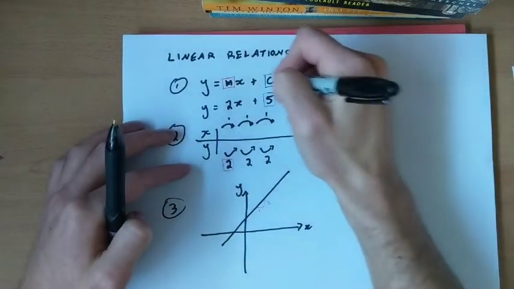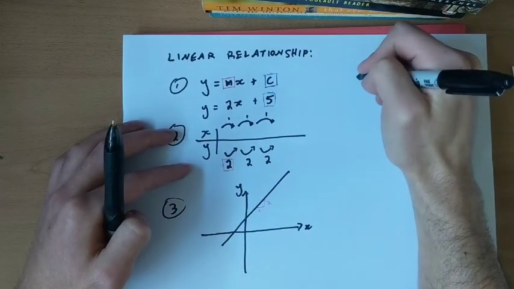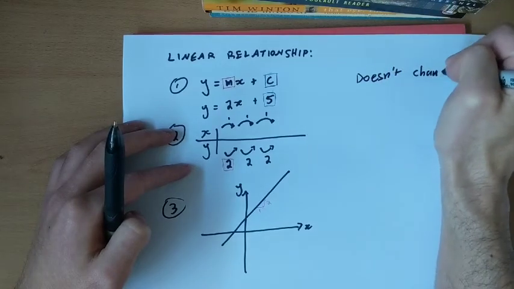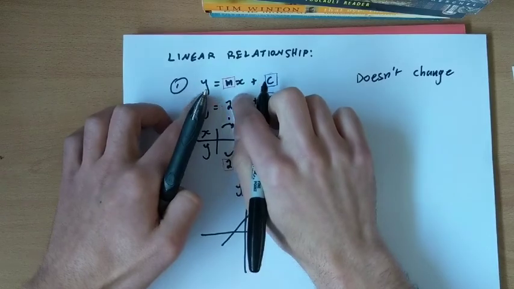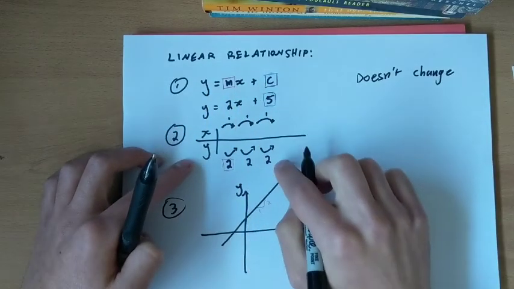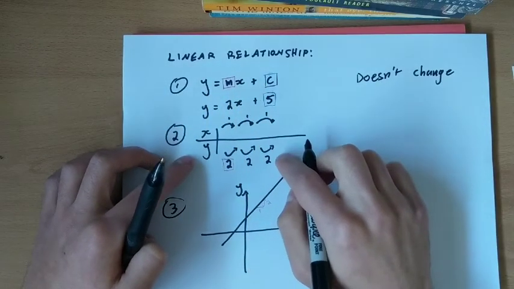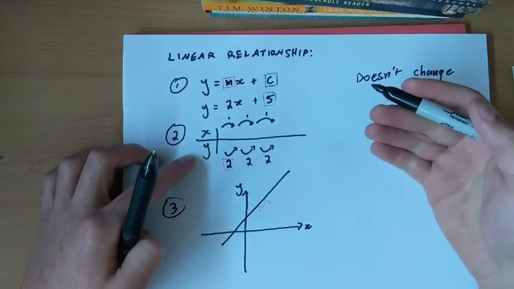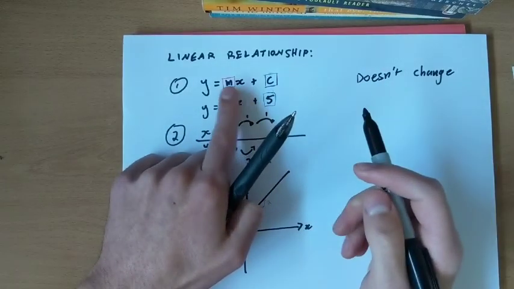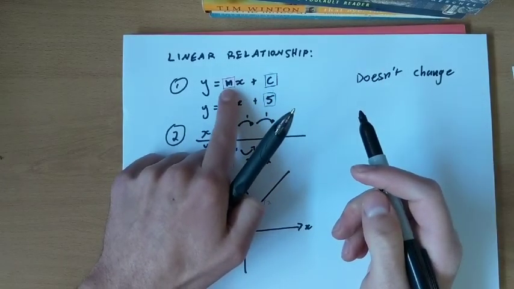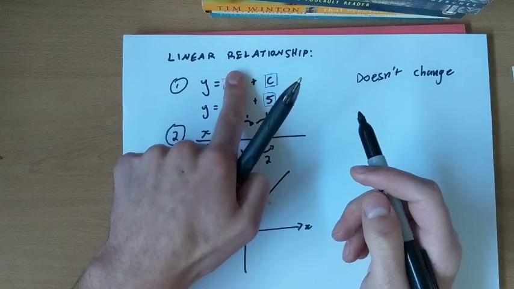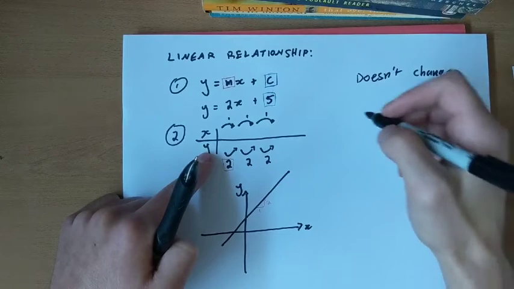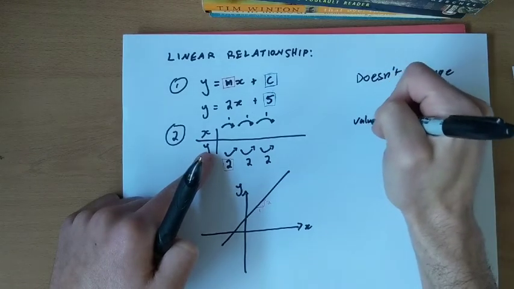And if I'm thinking about this rule, I think of c as the thing that doesn't change. It's not connected to either of the two variables. In terms of a table of values, I can think about it as the value of y when x equals 0. That's because if x equals 0, then m times x will also equal 0, so I can ignore that, and I just get y equals c. So I can think of c as the value of y